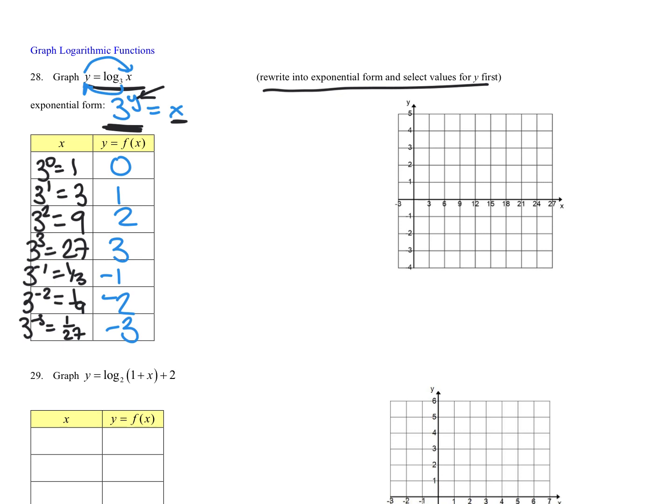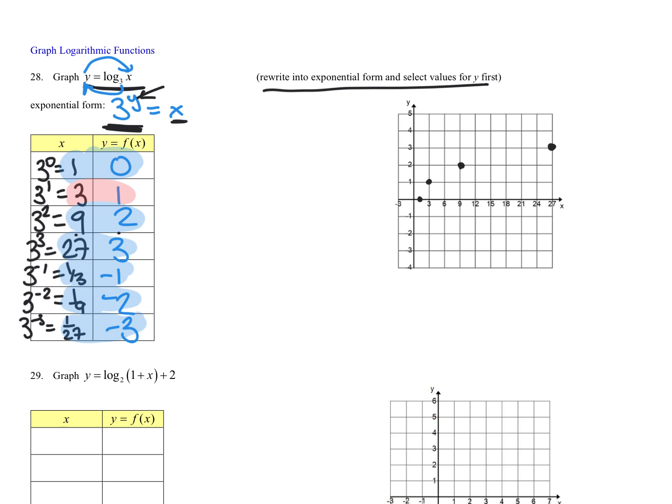Okay, so let's go ahead and start graphing. Now remember, our ordered pairs are just going to be 1, 0, 3, 1, 9, 2, and so on, right? These are my ordered pairs for the graph. So I'm going to start with 1, 0, which is kind of difficult to do because of the increments that they gave us. And then 3, 1, it's a little easier to do. 9, 2, 27, 3,